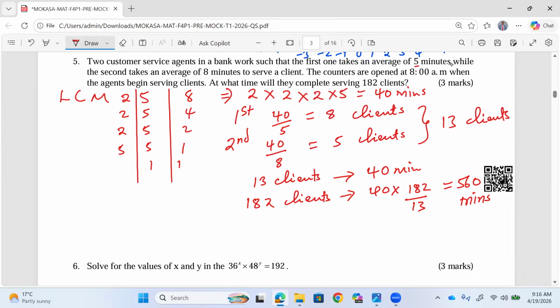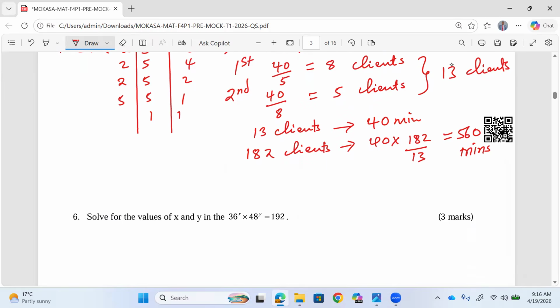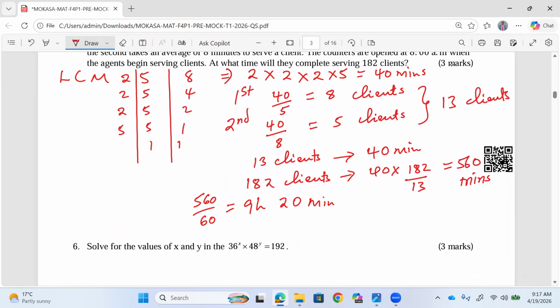560 minutes. Can we divide this by 60? Yes. 560 over 60, you're getting 9 hours, 0.33, meaning 9 and a third hours. A third of an hour becomes 20 minutes. So 9 hours, 20 minutes. You see, 9 hours will give us 540 minutes, which means we remain with 20 minutes. 9 hours, 20 minutes is the total time they will take to finish serving